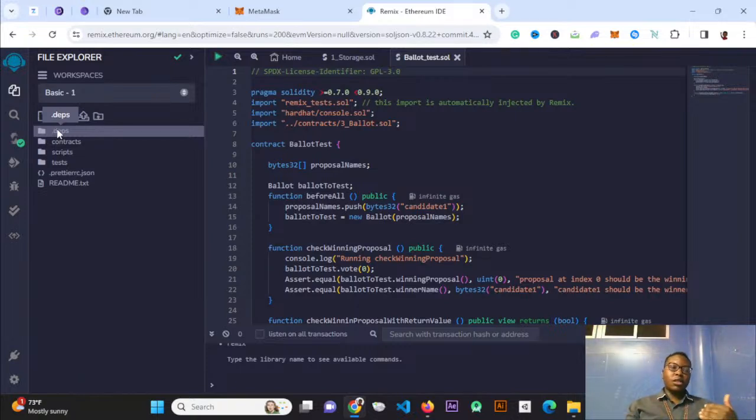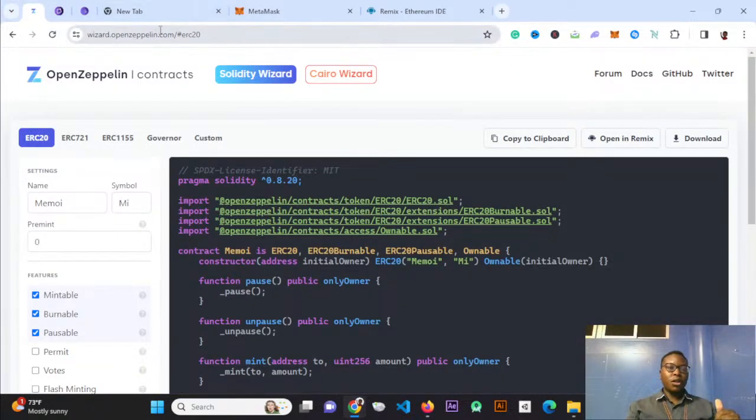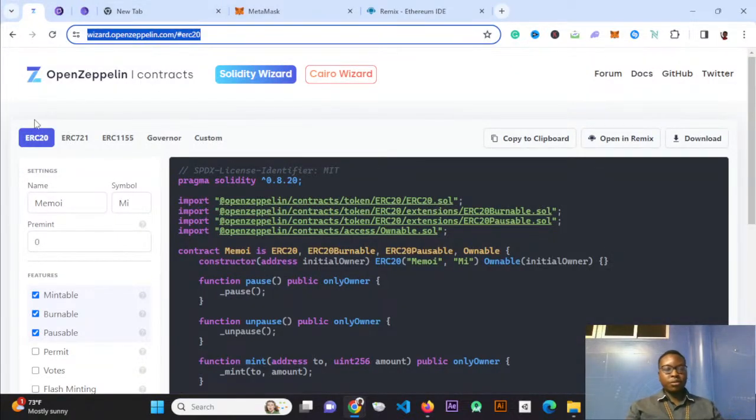Let me take a step back and talk about OpenZeppelin briefly. OpenZeppelin is a library that has been created and made available to developers to use when building smart contracts. And you'll find that there are different standards for these specific smart contracts, which I'll share with you. So if I go to the OpenZeppelin wizard,